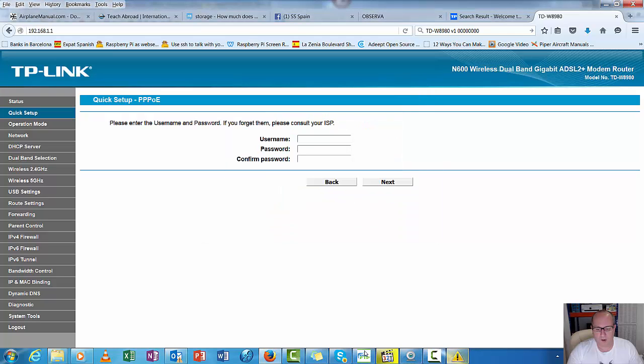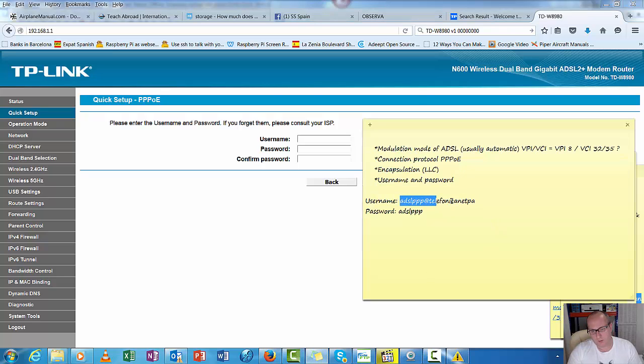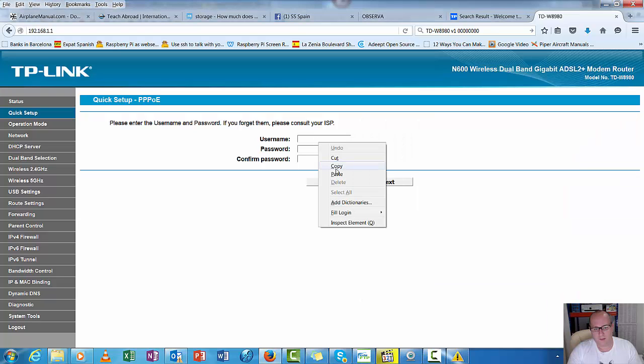Right, our username and password, we wrote that down. So let's get up our sticky notes. And this is why I use it instead of a bit of paper. I can just copy, paste,